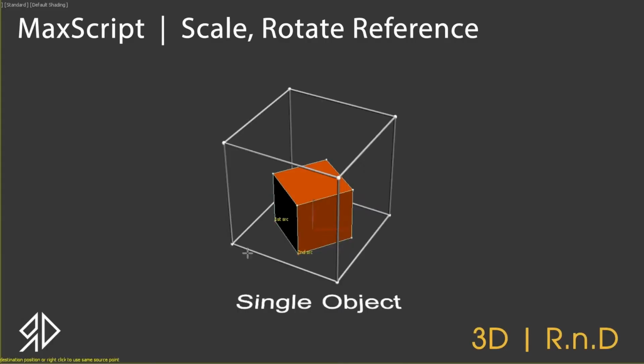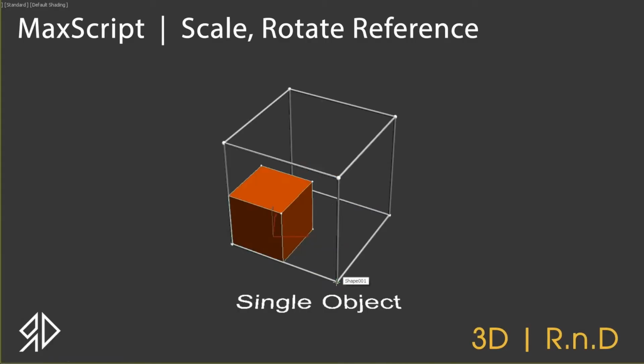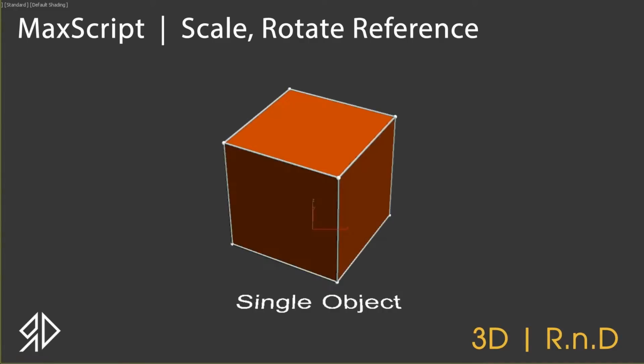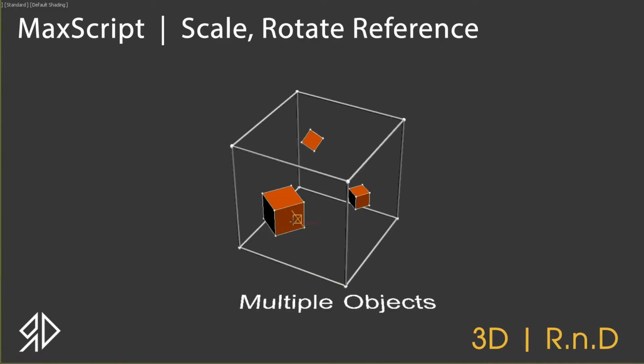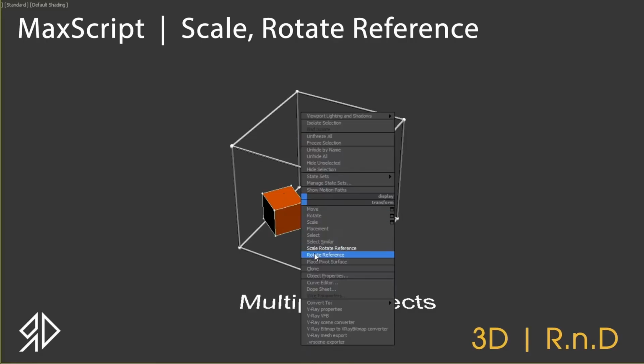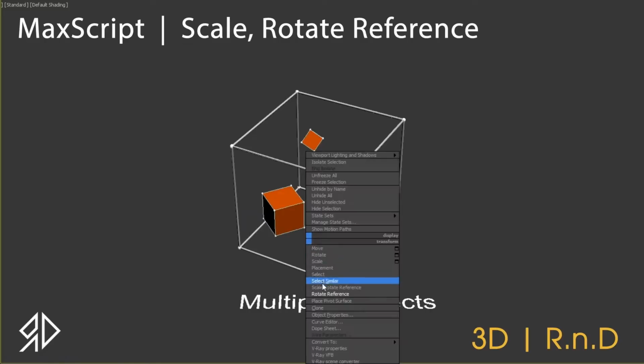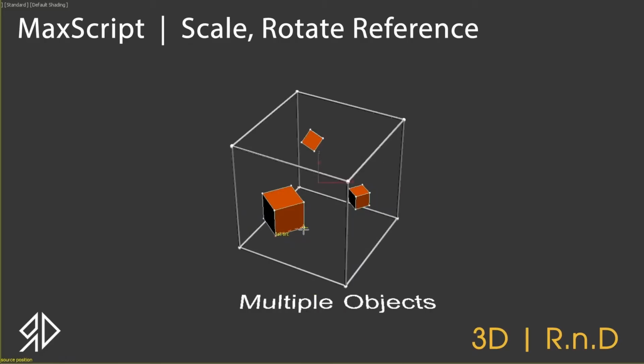Scale Rotate Reference is another script that allows you to move objects based on two source picks to a destination reference. If you use the align command in AutoCAD, it's exactly the same. You define a vector that is your origin, and you define another vector that is your reference, and then you can move, or rotate, or scale, or the three at the same time. I think it's very useful when you need to move things in a very accurate way.